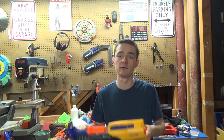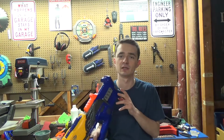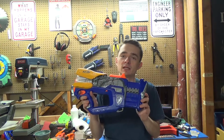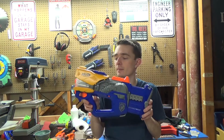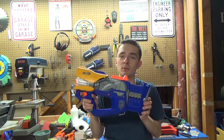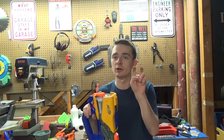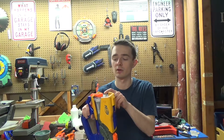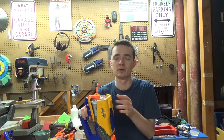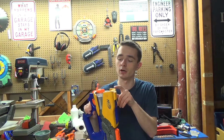Up next we have the Nerf Firefly, one of my favorite vintage, I guess if you could call it vintage. It's from when I started nerfing. So the Firefly was one of actually the first full blasters that I got when I was a kid. There's some older ones, but this is one of my first really memorable ones. It shot the glow-in-the-dark darts, which were really just darts with glow-in-the-dark, pretty much papery tape wrapped around them, and it totally got ruined after a while. And it had a cool flashing effect when you pulled the trigger,